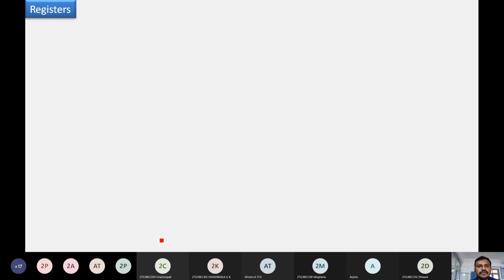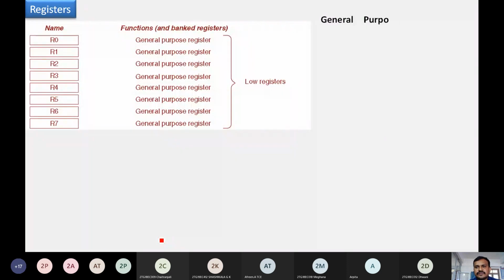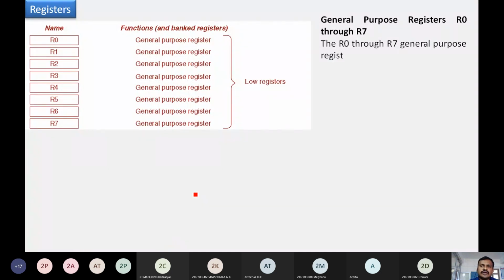We begin with the set of low registers, R0 to R7, an 8 register set, which act as general purpose registers. They can be used for general purpose.